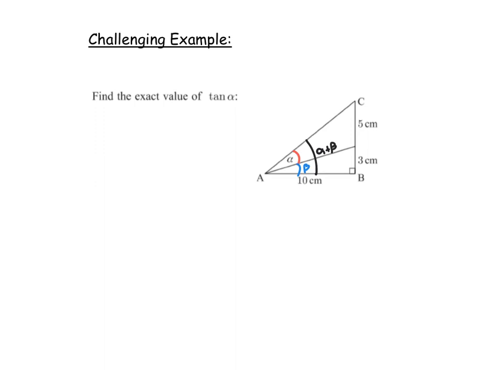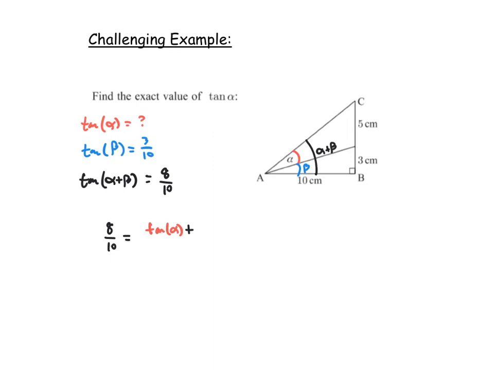So you can already see where we're going here. So if I know that the tangent of alpha is unknown, but I know the tangent of beta, right, because I'm in a right triangle. Tangent of beta would be opposite over adjacent, which is 3/10. And I also know the tangent of alpha plus beta is equal to 5 plus 3, which would be 8 over 10. So now I know the tangent of alpha plus beta, which is 8/10, is equal to the tangent of alpha, which is unknown,